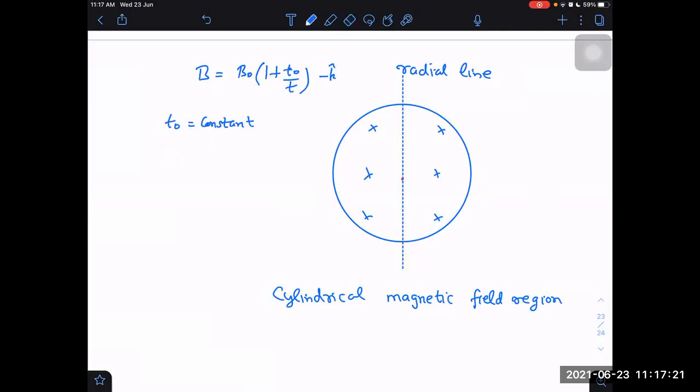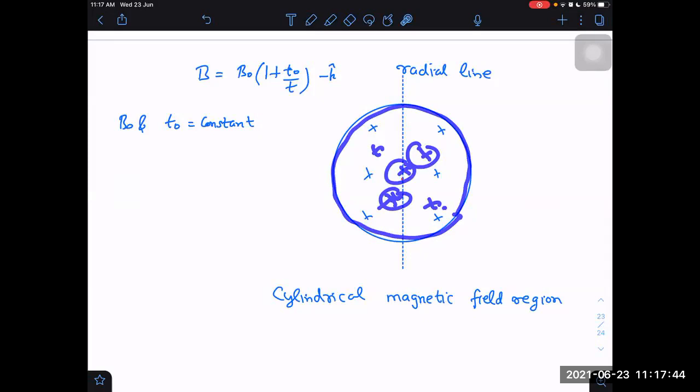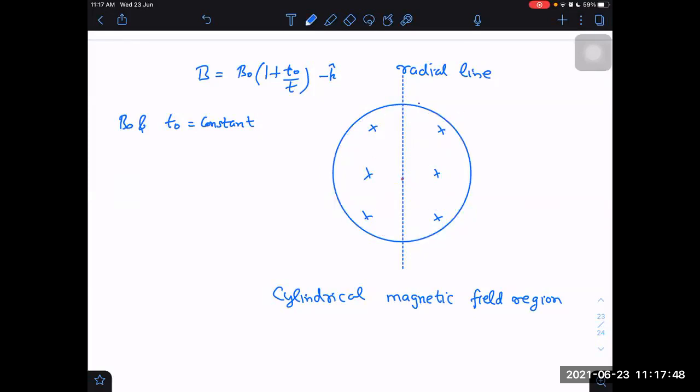Magnetic field is decreasing with time now. If magnetic field is decreasing with time, what will it try to do? It will try to do the opposite. Without decreasing, it will try to induce an increase. So it will try to make its own field into the plane, crosses. That their own magnetic field will be in cross direction means the current should be in clockwise direction. So induced current will be in clockwise direction.